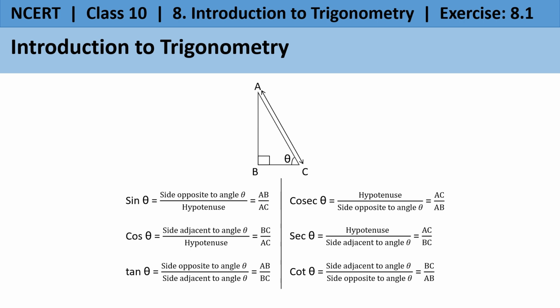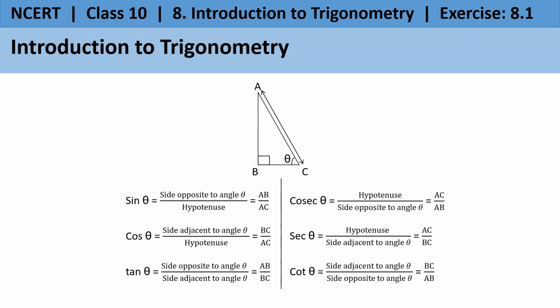Sin theta is defined as side opposite to angle theta by hypotenuse, which is equal to AB by AC. Cos theta is defined as side adjacent to angle theta by hypotenuse, which is equal to BC by AC. Tan theta is defined as side opposite to angle theta by side adjacent to angle theta, which is equal to